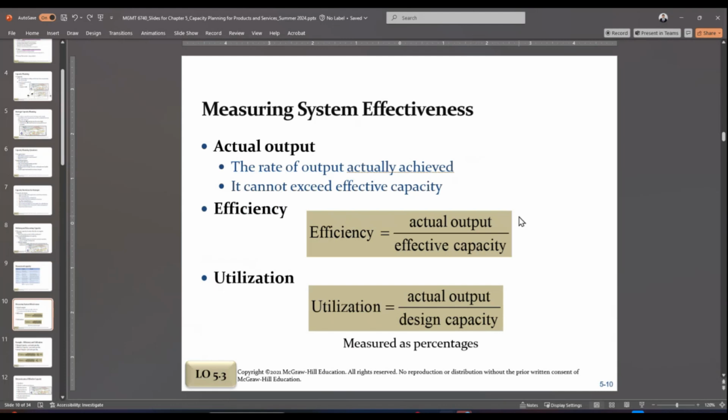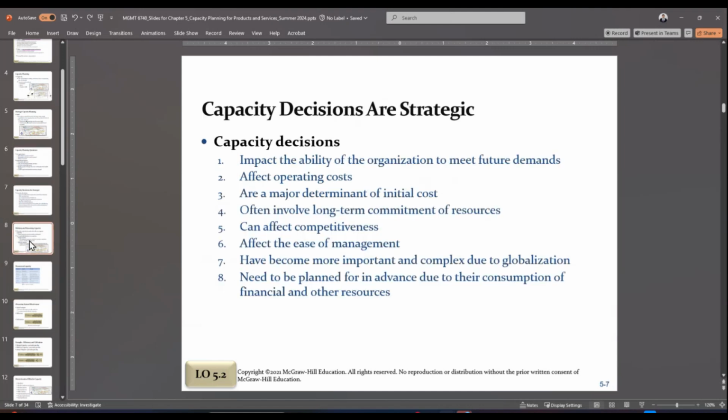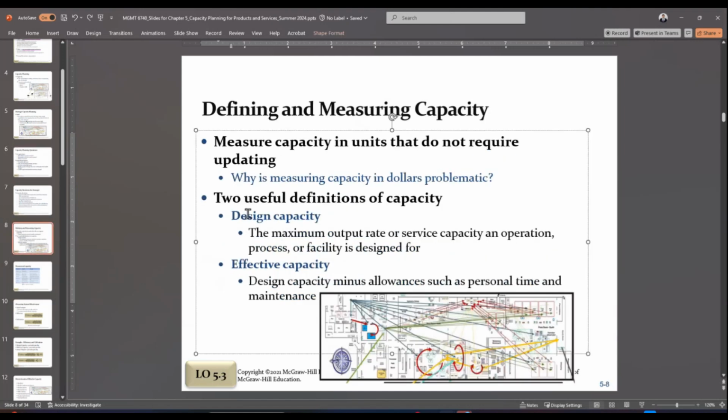Then looking at the numerical formula. We learned about the design capacity and effective capacity in this slide over here. Design capacity is the max output and effective capacity is the realistic output. So you multiply the design capacity with a factor of safety, that is the allowance. It can be 0.9, 0.8, or depending on each situation. There is no standard rule that it has to be 0.9 or 0.8, and so on. But you add some level of allowance as per whatever your company and the stakeholder management decides,